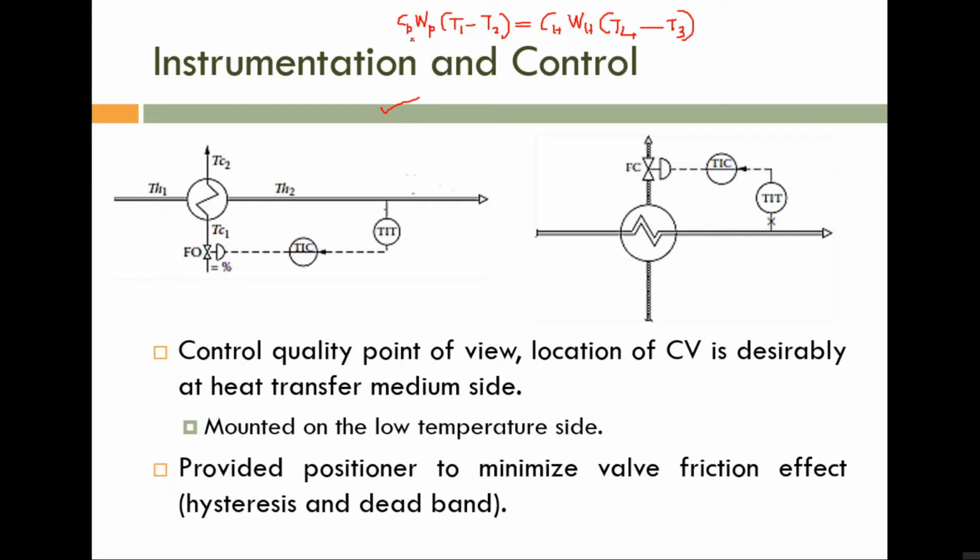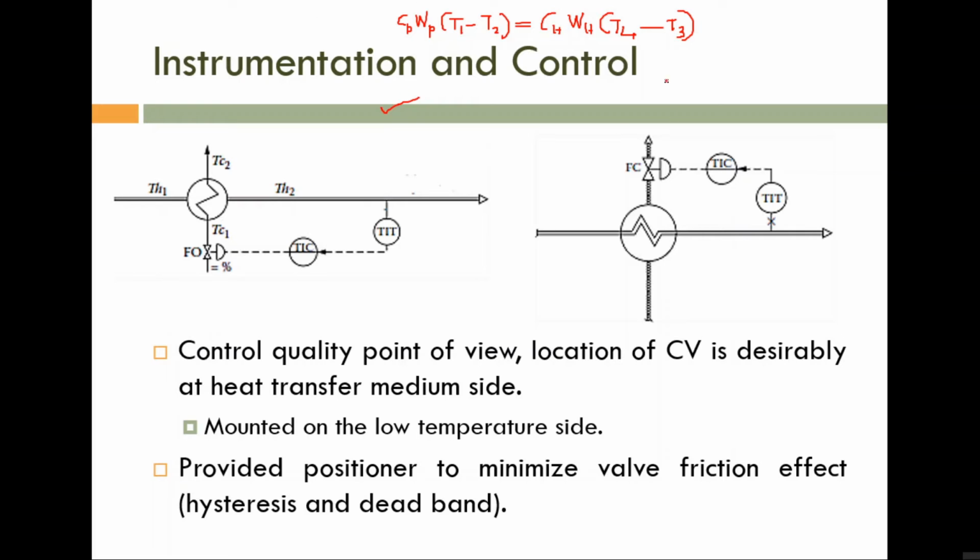Okay. So here 6 process variables are there. What are the process variables? The variables involved in this process are WP, T1, T2, WH, T4 and T3. If you consider more, like ambient temperature etc., the variables will increase. For explaining purposes, if we avoid the remaining variables, we have 6 variables: WP, T1, T2, WH, T4, T3.